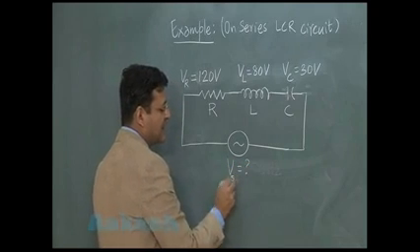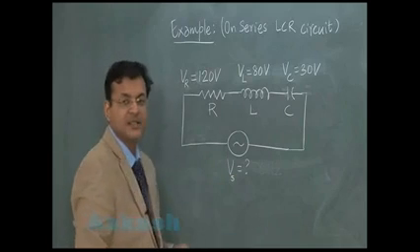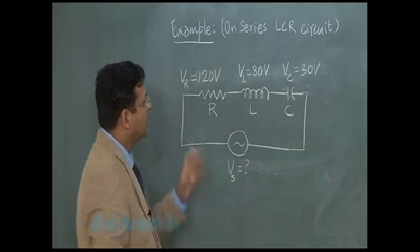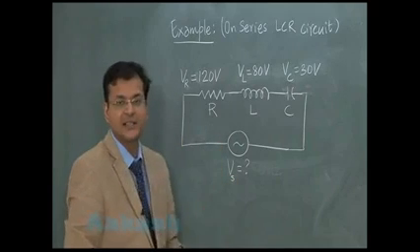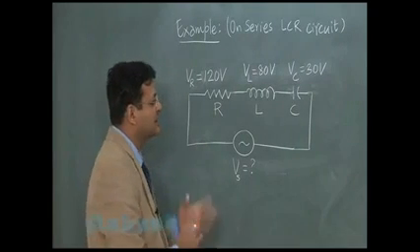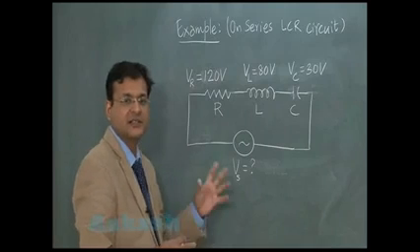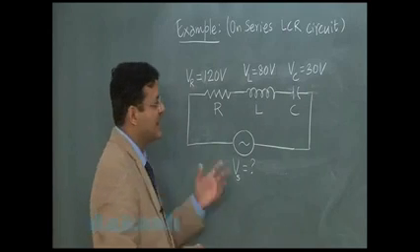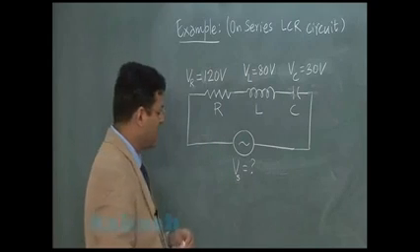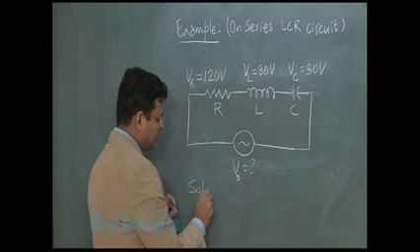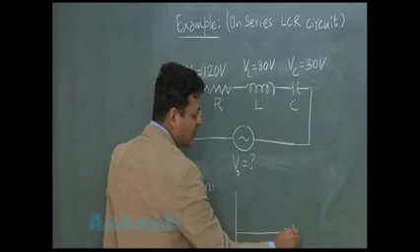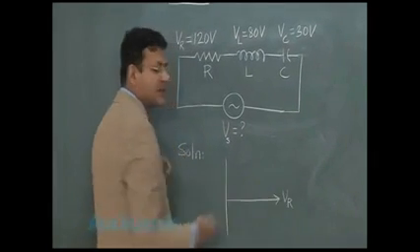For the sake of simplicity, I am writing Vs, where S is the subscript standing for supply. Now you remember that in a series circuit the current is the same, and since resistors are being treated as vectors, whatever orientation these resistors or reactances have, the same kind of phase relationship these voltages also have. What I mean to say is that